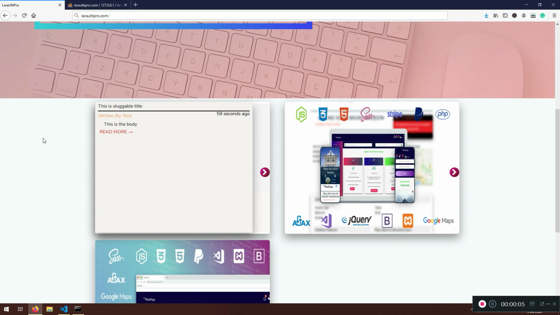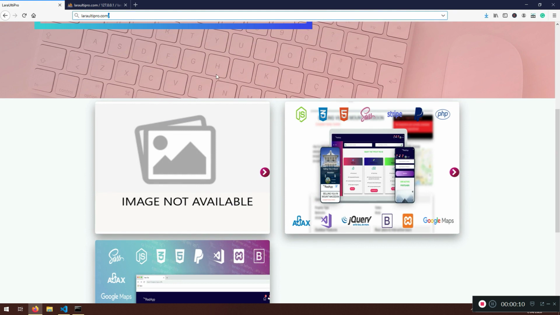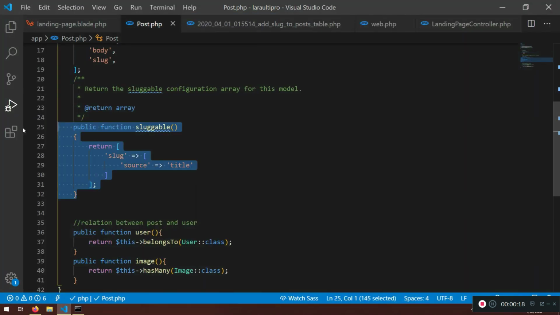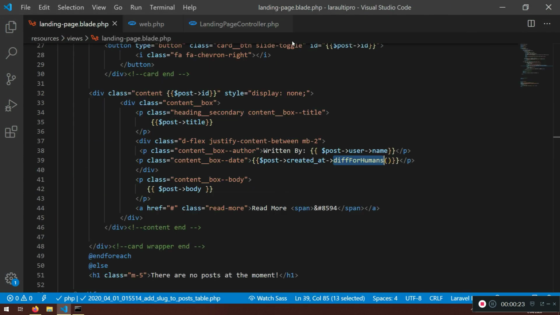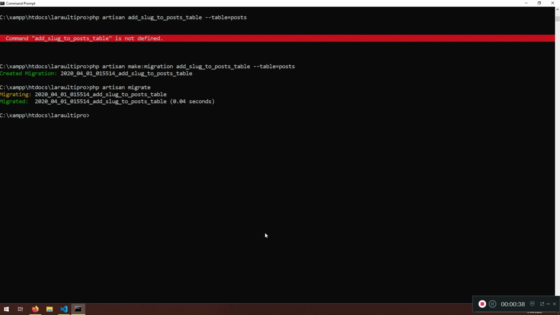Now we're gonna finish up our project here with creating beautiful, SEO-friendly URLs with the help of the package that we installed called Sluggable. Right now, I'm just gonna close this and clean up all of those things that we don't need. In the landing page is something that we need, so I want this link to go somewhere. If you don't know where you want to go, it's php artisan route